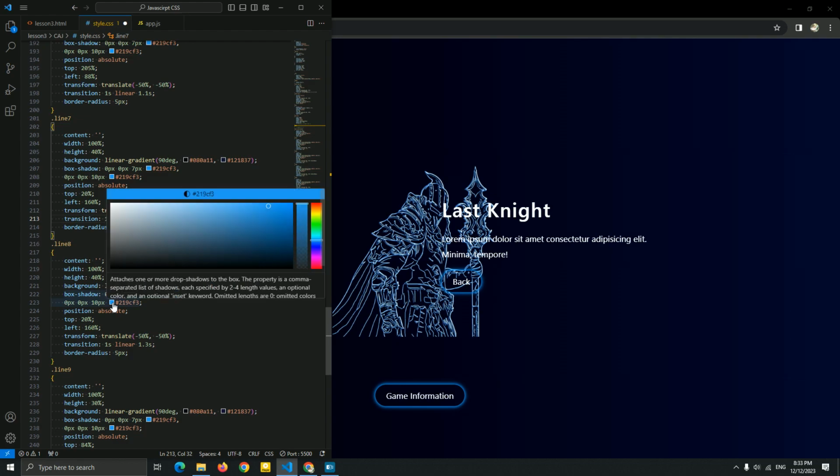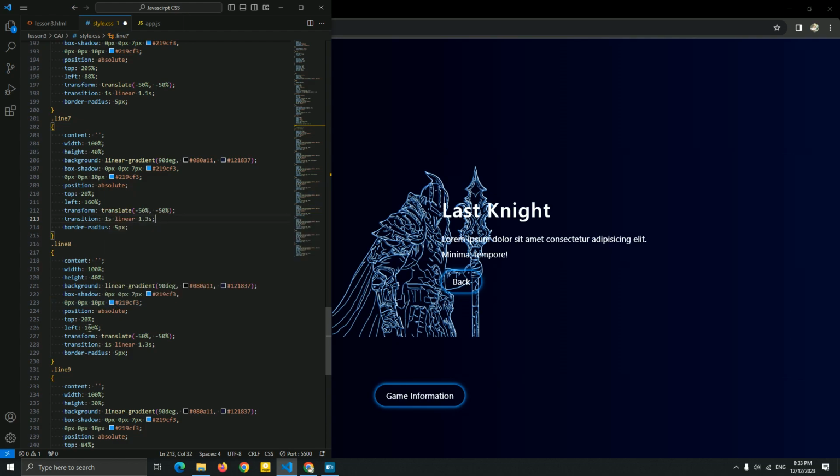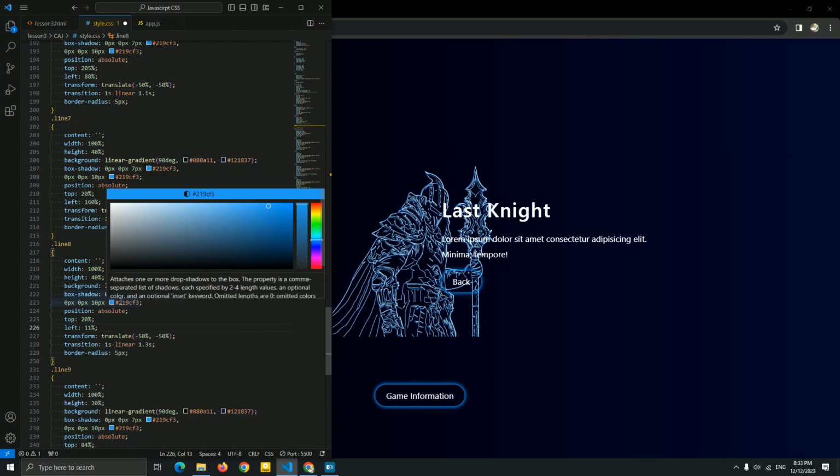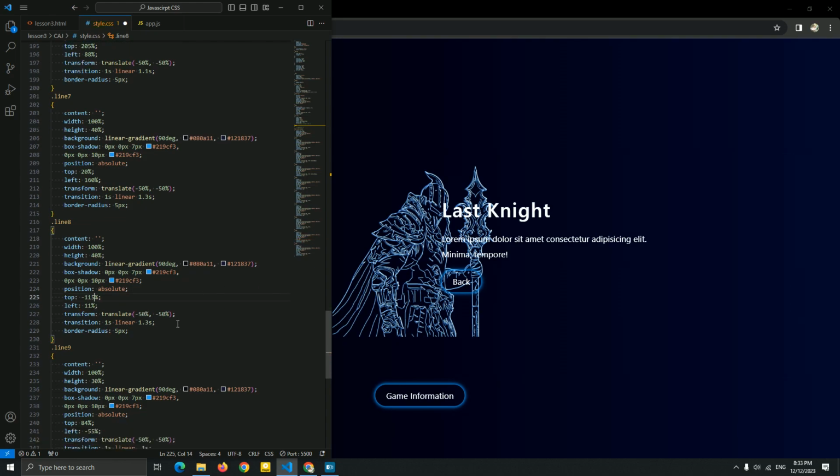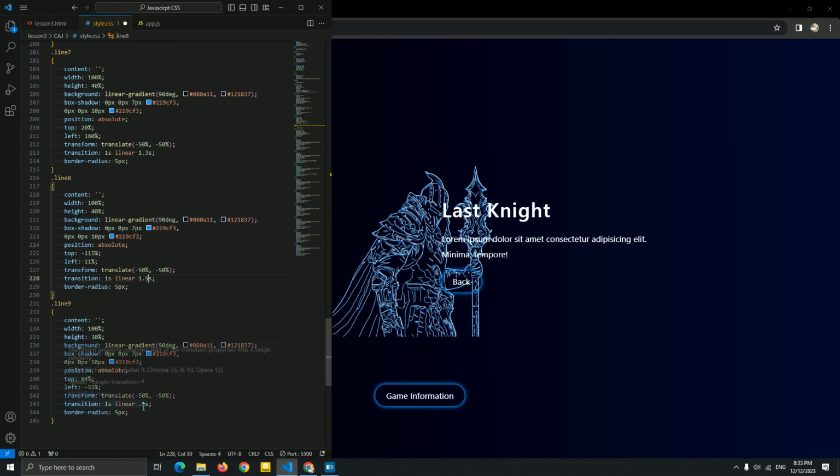Now for this line 8, I want the left to be 11%, and for the top, let it be a minus to be at the bottom. Okay.